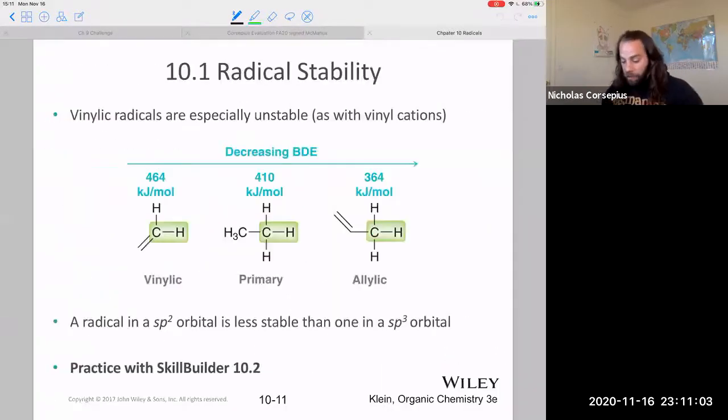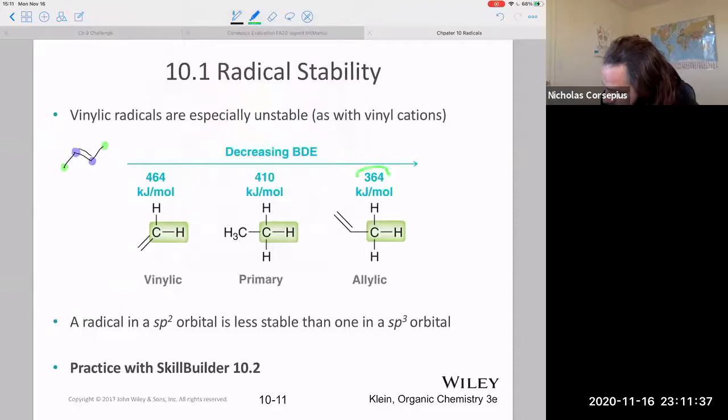All right, and then the one thing to clear up so that we don't get confused is vinyl radicals versus allylic radicals. Remember, if I take a simple alkene here, I have these allylic positions, which are one removed from the double bond. And then I have these vinylic positions, which are the sp2 hybridized carbons that are actually participating in that double bond. Allylic radicals,